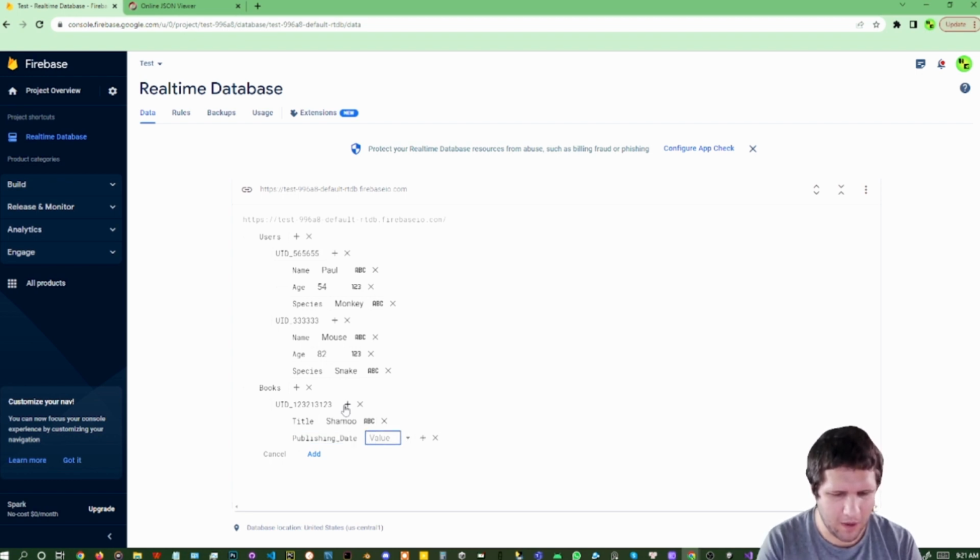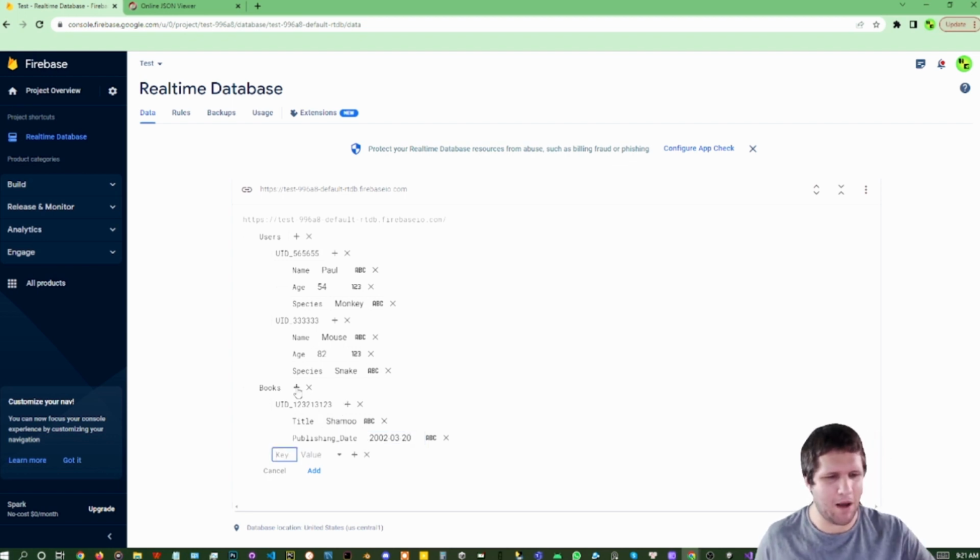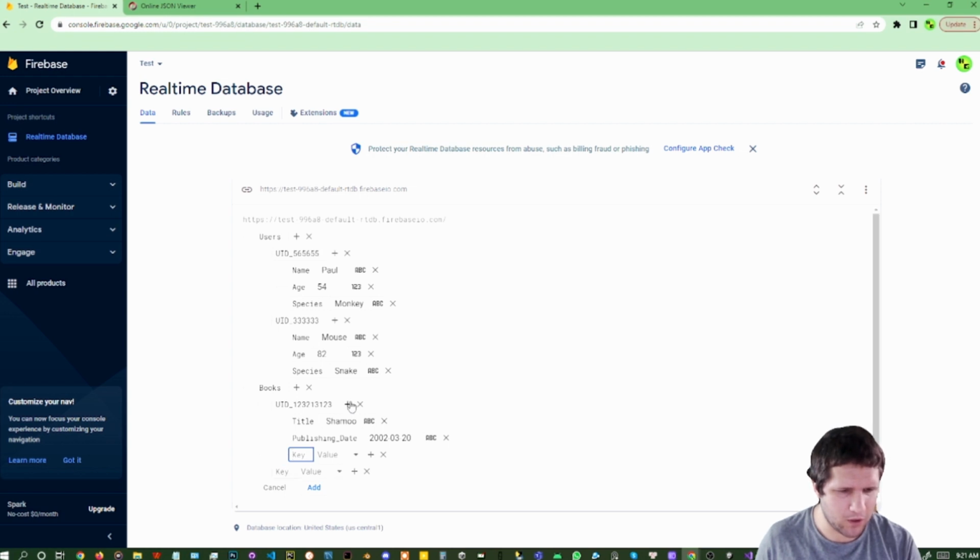And maybe the publishing date is a string where it says 2002-03-20. Perhaps that's the publishing date. We can even, that's for another book. We can even say something like the number of pages, which will be